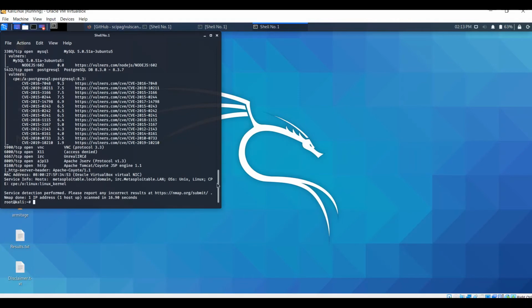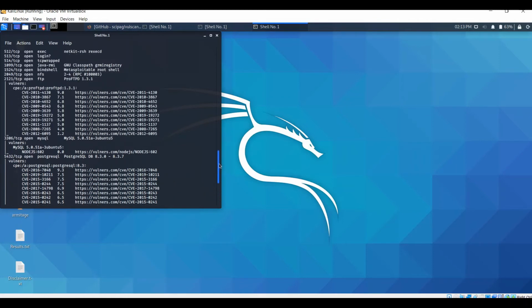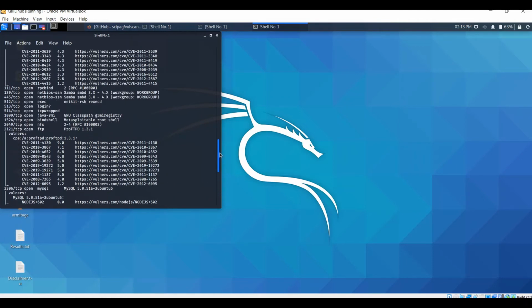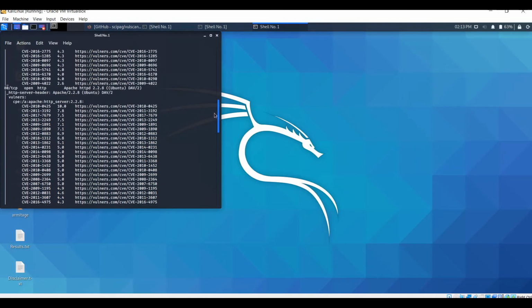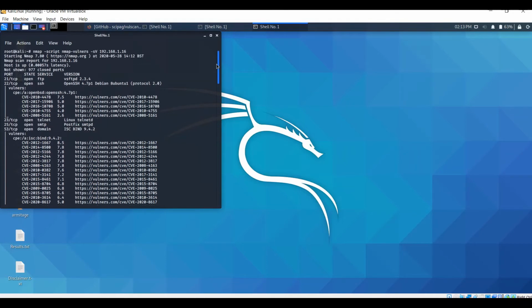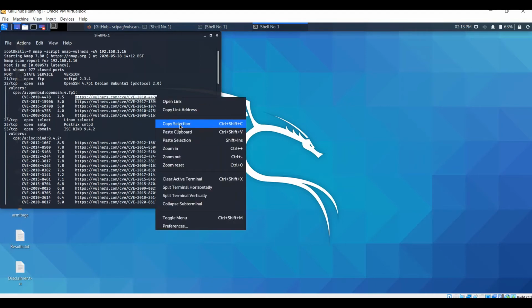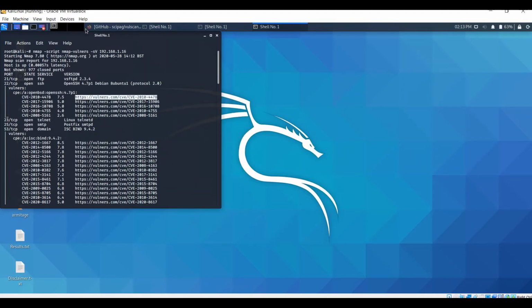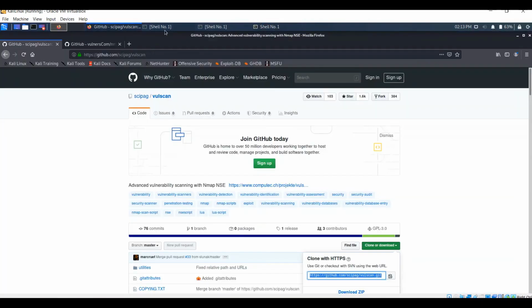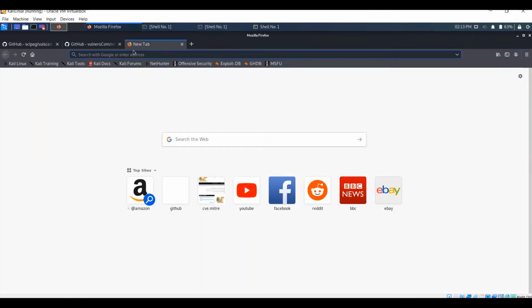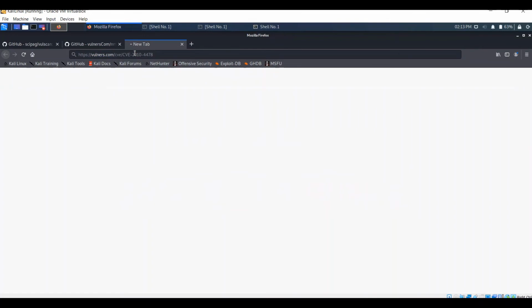So here we have been given a lot of information. This is all about the open ports. If you go to the top here, we can see port 22 SSH. It has given us the actual websites that may show potential exploits. If I just copy and paste that into Google,